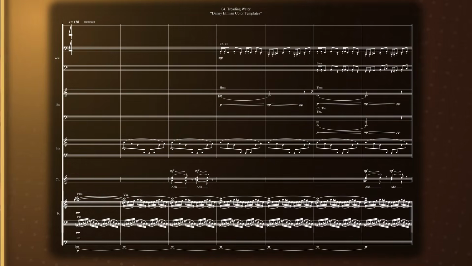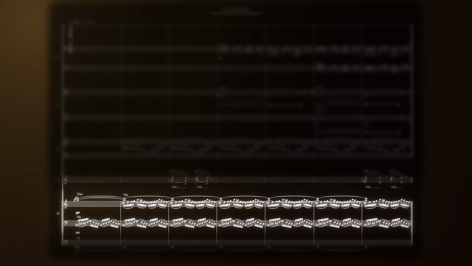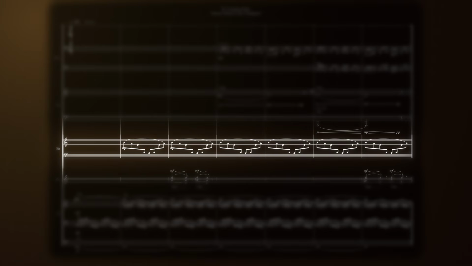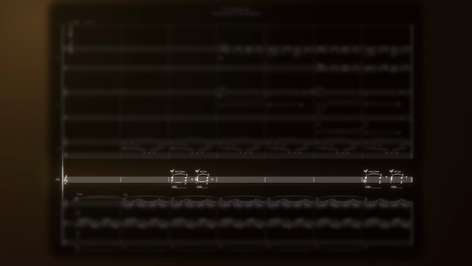this is the Elfman treading water. And what's important about this template is creating very quiet movement in the strings, creating a low pad, a low drone. That's what he does with the contrabass here and the low synths. He creates movement in the percussion, forward momentum using the harp. The choir is less important here. These are just little accents that were probably in Batman Returns. You can feel free to use something like this idea or not. And the brass is there to create a little melodic movement, a little harmony.